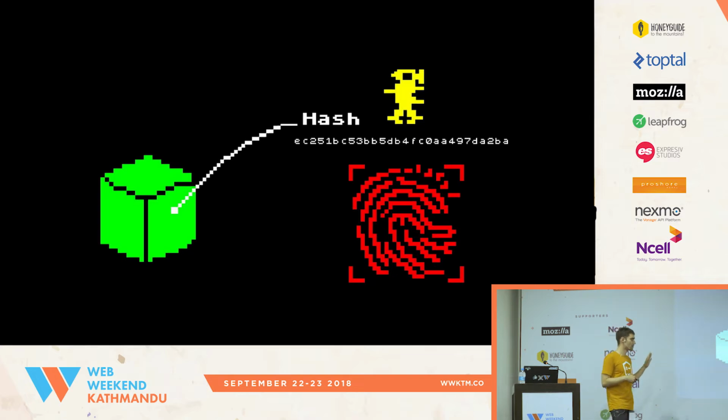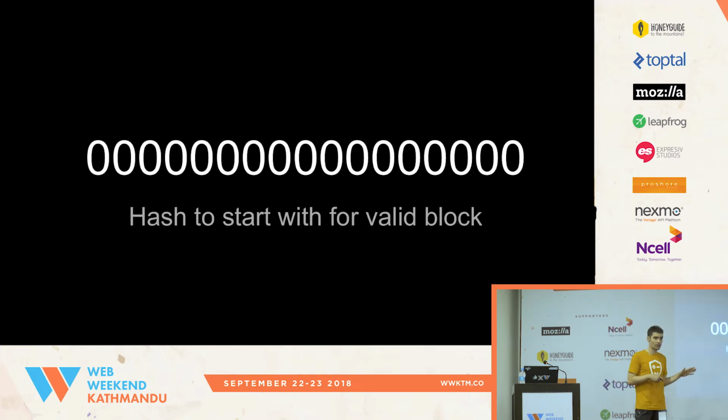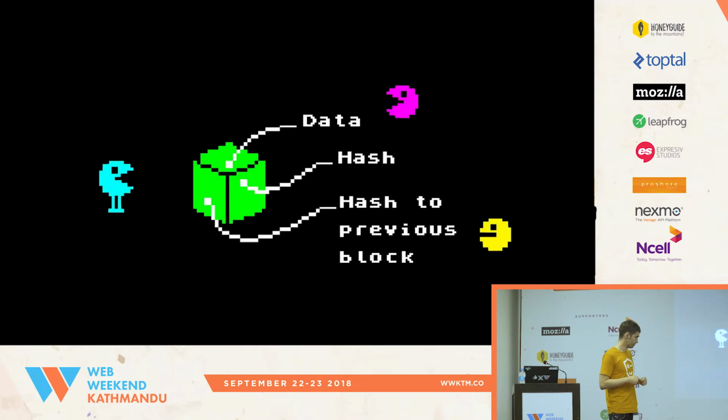Okay, let's get back to a hash. We know that every block has a unique hash, right? So for Bitcoin, the valid block is the one which has 18 zeros at the beginning of a hash. It's quite a unique case. Like you can imagine, it's basically a random string, and then the requirement is that the block, they constantly increase the number of zeros. So that's how they control the complexity of the task to solve. So you need to find the block with a hash which has 18 zeros in the beginning.